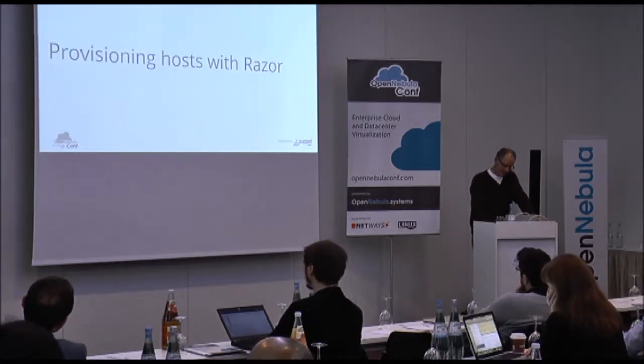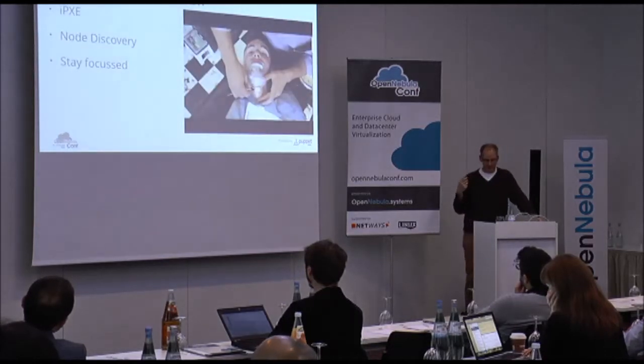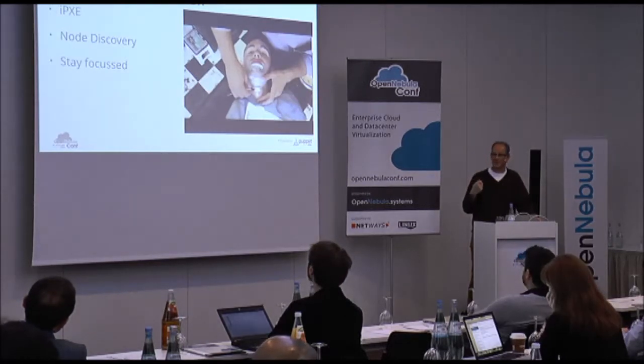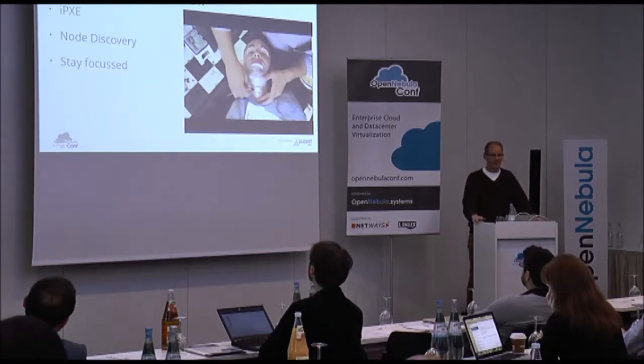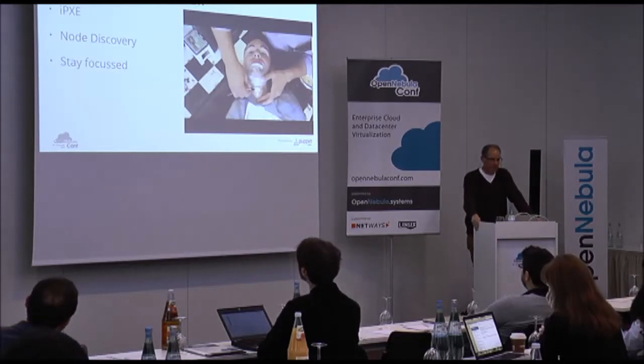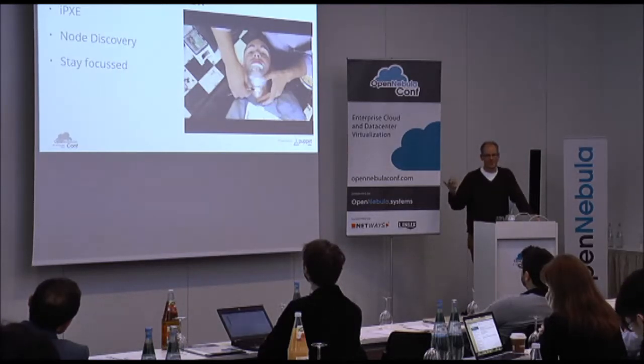And so just in a nutshell, there's three things I really liked about Razor that struck me as really good insights into how to deal with PXE provisioning. If you've ever dealt with PXE provisioning, it's a really horrible thing to do. But the first insight they had is they use a firmware called iPXE. I don't know how many of you have seen or used iPXE. The nice thing about it is it's a firmware that you can script. It has a very simple scripting language. The second thing that's really nice about it is it can talk HTTP.